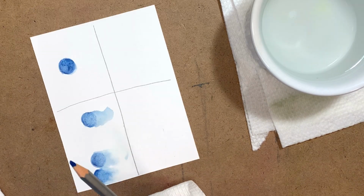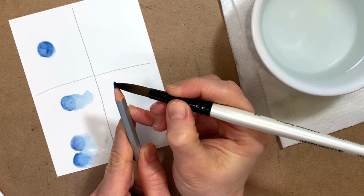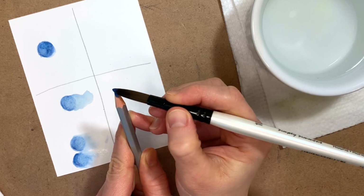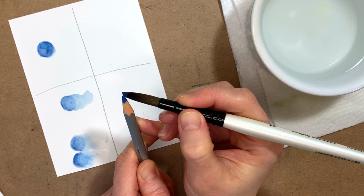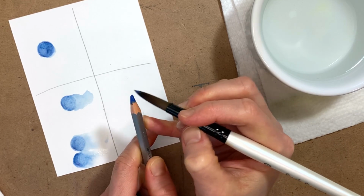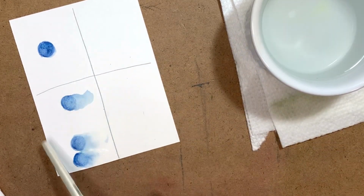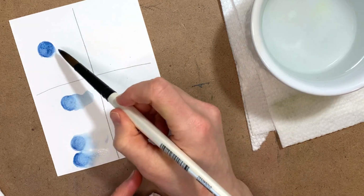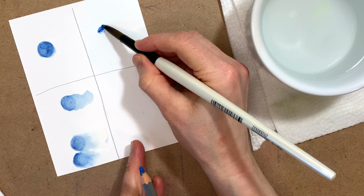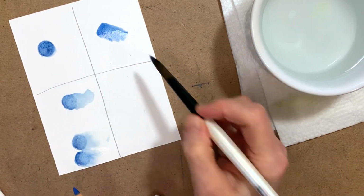So there we go. The next technique would be to take your paint directly off of your watercolor pencil. So I'm just going to come up with my damp brush and just grab some paint right off of the pencil tip, which is almost like taking paint right out of your palette. But it can be a handy thing to do if you feel like you don't want to use one of these techniques and yet you're using this color of pencil already in your project and you just want some little bit of paint on your paper quickly. You can directly take it off of your pencil and put it directly on your page,